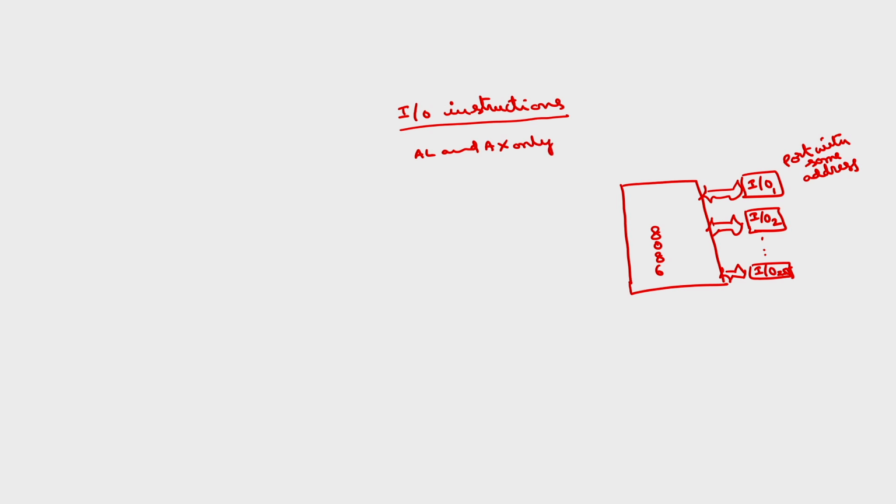If you want to read data from the IO port, if the data to be read is 8-bit, I will take that data into AL by default. If I want to read 16-bit data from the port, that data will be transferred into AX only. Similarly, if I want to transfer 8-bit data from 8086 to a port, you take the data into AL and then output it. And if you want to transfer 16-bit data from the microprocessor to any port, you take the 16-bit data into AX and then out the data onto the port. So there are two instructions, one is the IN instruction: IN AL, comma, you have to give the port address.